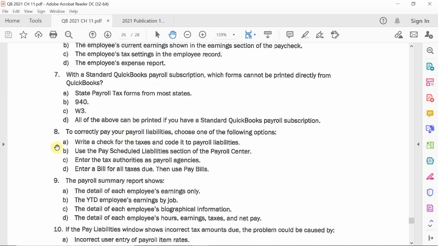All right. Number 8, to correctly pay your payroll liabilities, choose one of the following options. Number 8 is B. You're going to be using the pay scheduled liabilities section of the payroll center. Once again, you cannot use the write a checks window. And you can't enter tax automatically on payroll agencies. No. And then last but not least, you can't enter a bill. No. You can, but